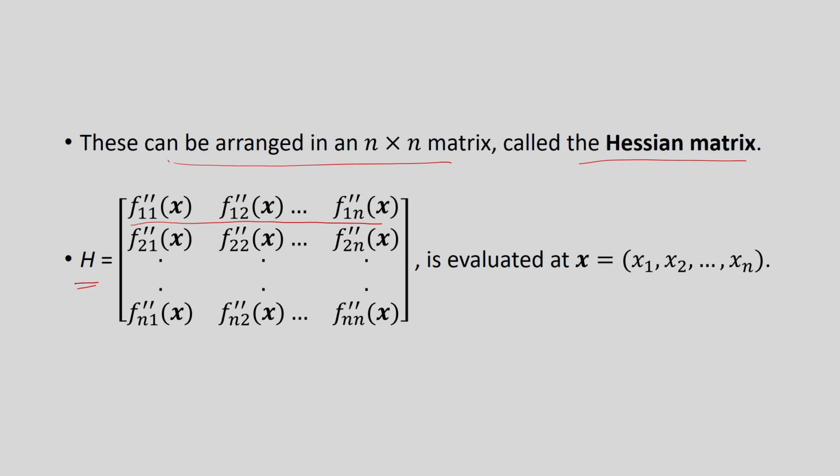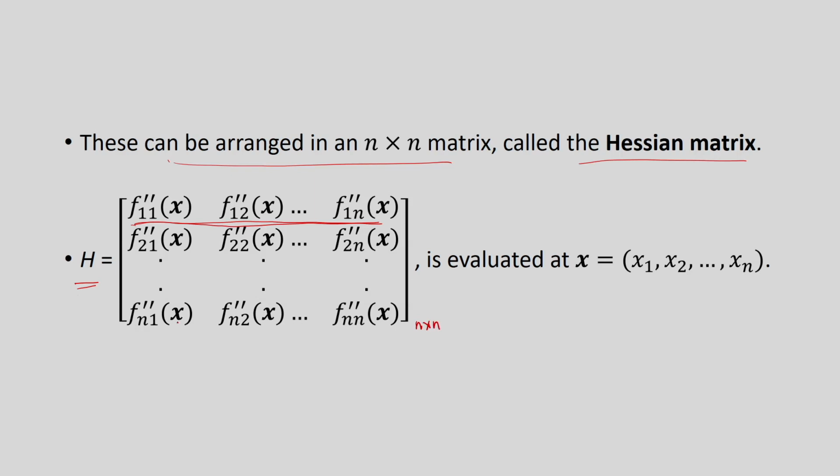Then this f of 1 x is differentiated partially second time with respect to each of these n variables. So, you are getting this whole range of n numbers, and this is performed for each of these variables, right, and you are going to get n rows, n columns. So, this is an n by n matrix,